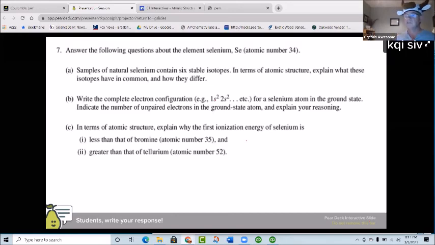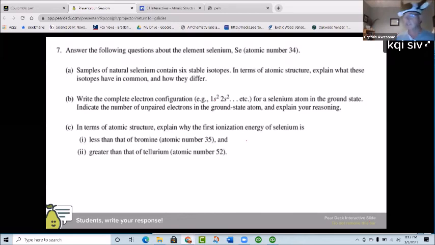And then they want you to compare selenium and tellurium. So find selenium and tellurium. Notice that Se is above tellurium. So we're not going to be talking about protons right now. We're going to be talking about the distance of electrons from the nucleus. Remember, Coulomb's law is all about charge and then about distance. Well, selenium is in the 4th row down in the periodic table. That means it has 4 layers of electrons or 4 occupied energy levels. Tellurium is in the 5th row, which means it has 5 occupied energy levels.